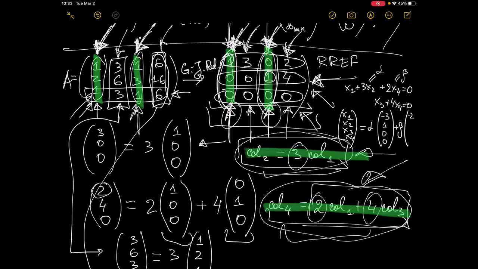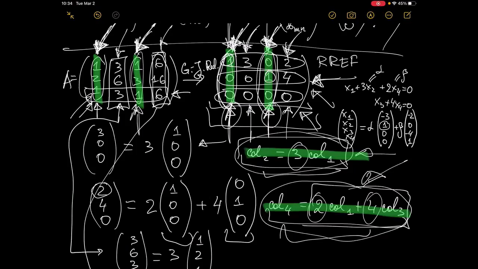Then x2 is 0 because it's a free variable. X3 is -4 and 1. What is important is that you see, if you have 1 here, because your free